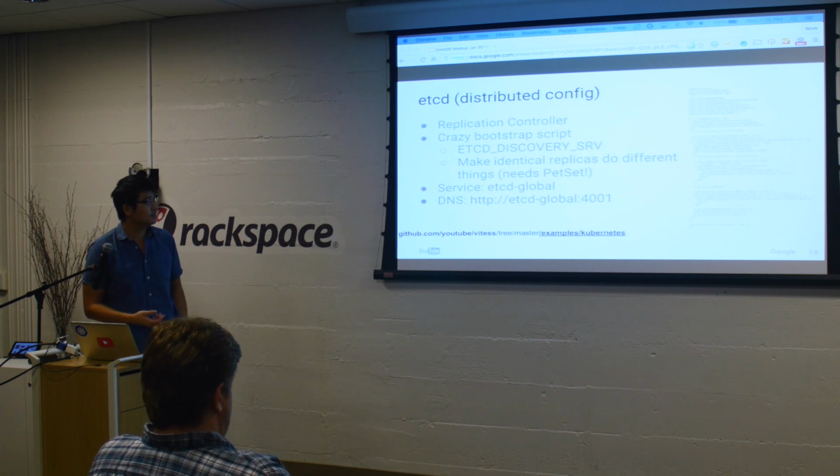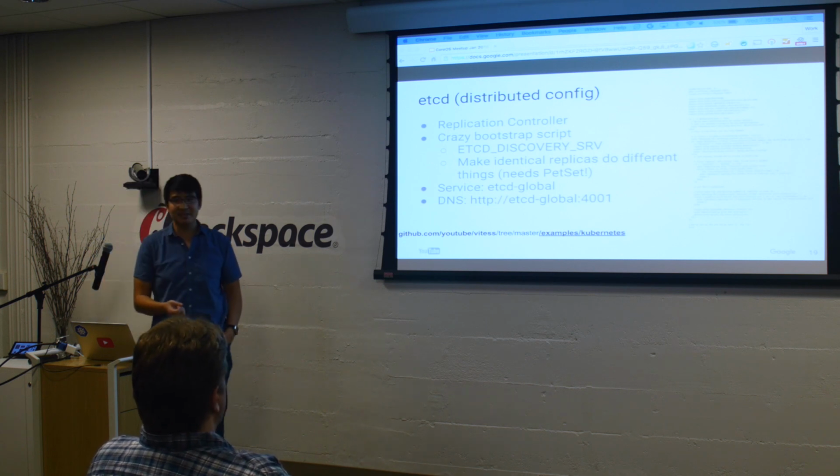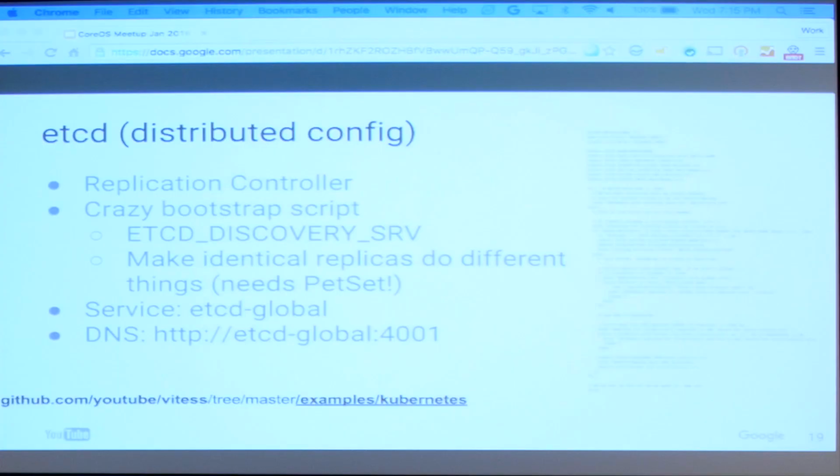etcd is the first step in our process. It turns out that etcd is itself a database, and so it has the same problem of it really wants to care which instance is which, and Kubernetes doesn't let it. I talked to the etcd guys about how they recommend running it in Kubernetes. They said to do one replication controller for each instance, which works, but then it's a similar situation where you put yourself in the game of making your own automation on top of the system that's supposed to be doing that work for you. So I came up with a harebrained scheme